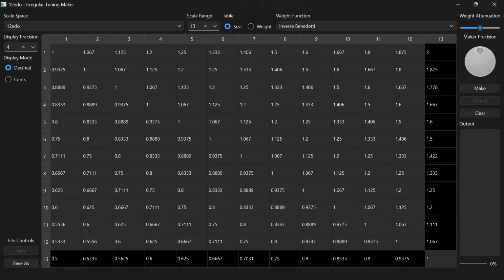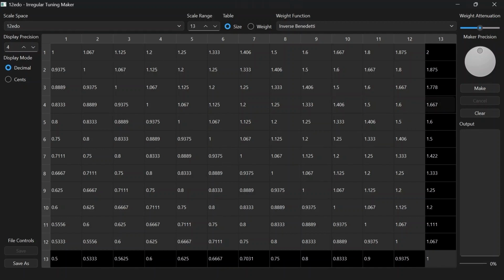Okay, I'd like to show off a tool I've made. It's called Irregular Tuning Maker. On some of the videos that I posted, well, on all of them, it says Irregular 17 Edo tuning. Nobody's asked what that means, but I imagine that of the few people who watched it, some people are wondering what that means. So I'm gonna show off a tool that I built to make these irregular tunings, and I don't think I'll explain exactly what those irregular tunings are, but I'll show this tool